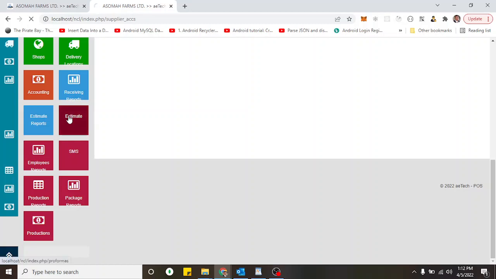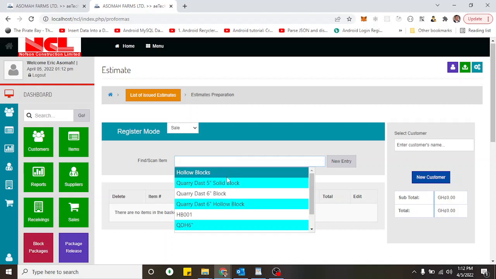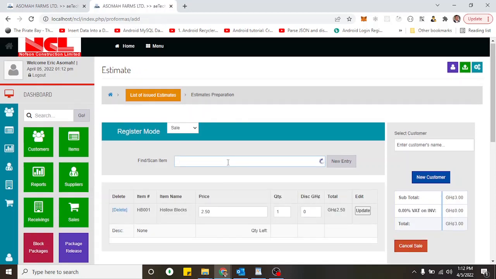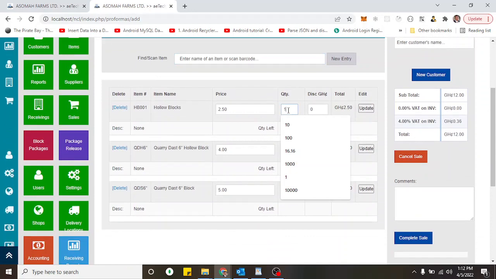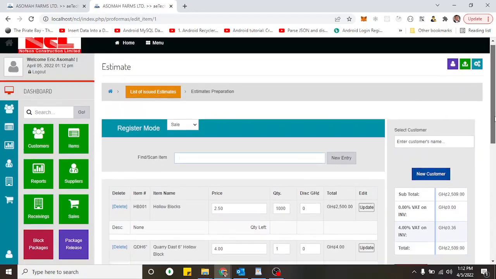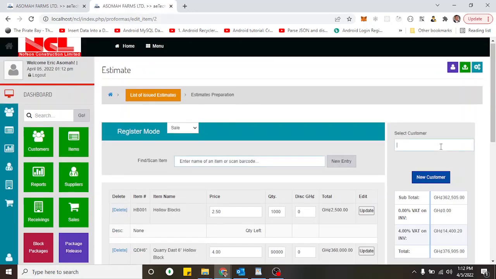So once you click on the estimate, it doesn't reduce your quantity. So when the person says, I want hollow 10,000, I want this 20,000, I want this, how much will it cost me? You can just select and then be entering the quantities that the person is asking for. And you want this one like 90,000, and then this one like 600,000. You just enter them and click update. Enter, click update. Select the customer